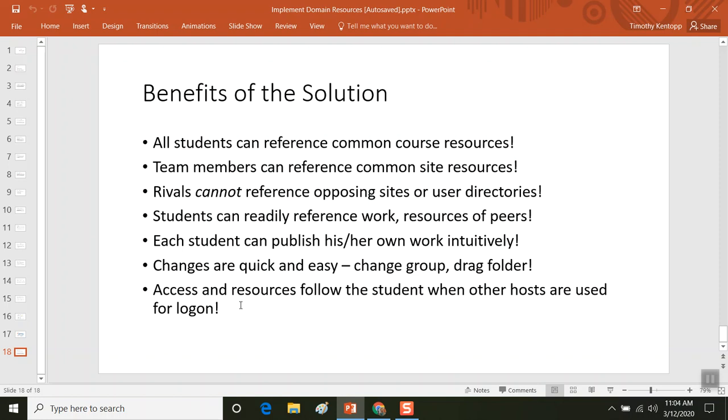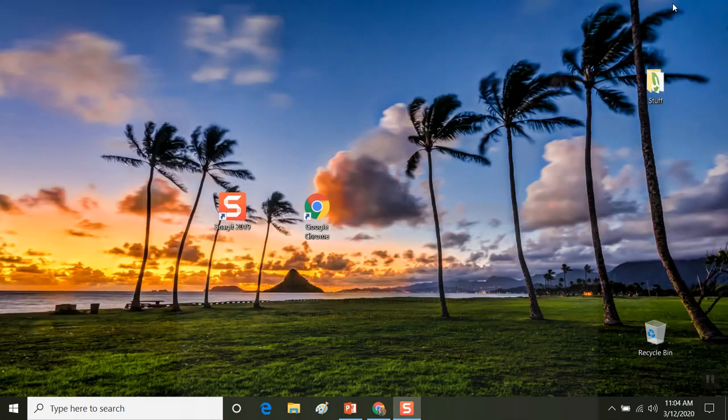Perhaps the greatest benefit is that these resources and shares can be accessed and follow the student whenever they're logged into other servers or other hosts. And that's one of the magical things about role-based access control in an enterprise setting. You can automate access to each of those directories and shares. So we'll get started right away by